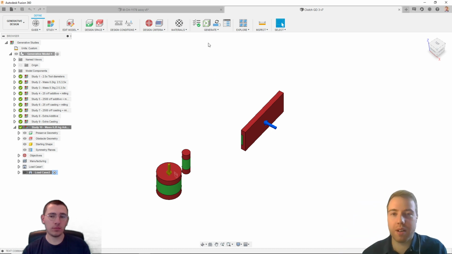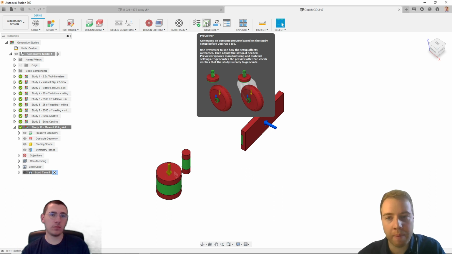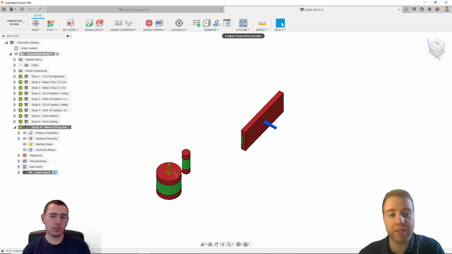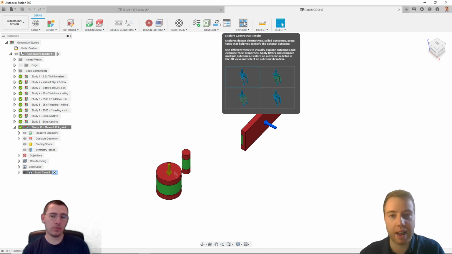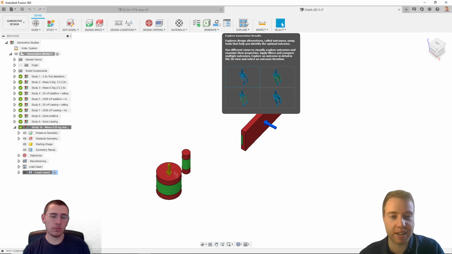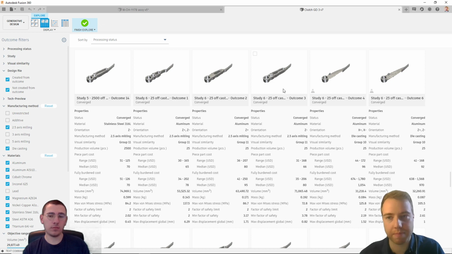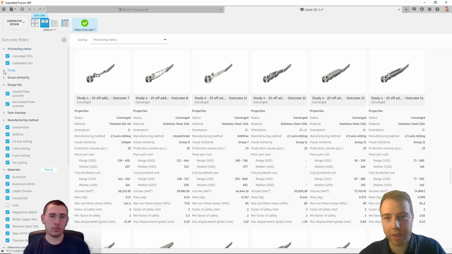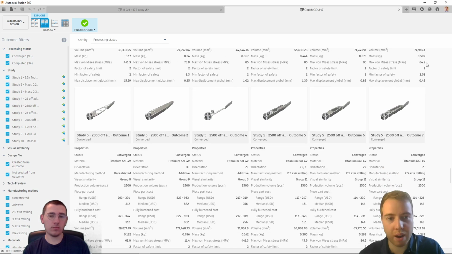So again, once we work our way through this bar along the top to set up our generative design study, we can then press generate to generate our outcomes, and those are going to generate simultaneously on the cloud. We can then see those outcomes as they're generating by pressing this explore generative results button here. So what we've now got is, if I scroll down,